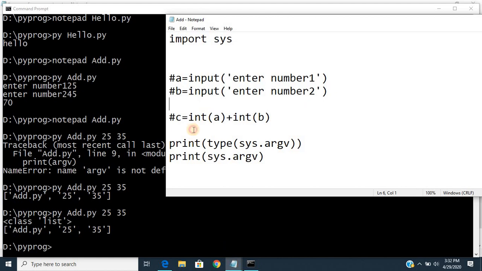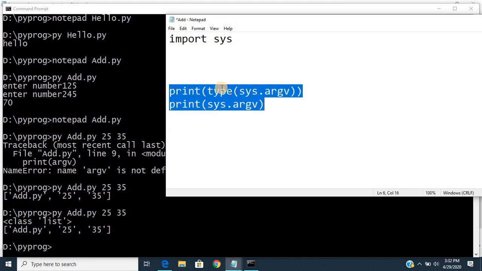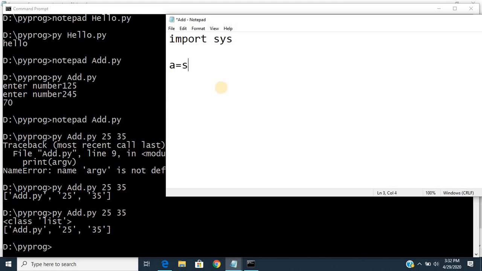Now let us store the value that we pass from the command line. I am just deleting all this content. In the A, I want to store sys.argv of 1, since in our argv of 0 we are having the file name add.py. Now, since we are having the value in the format of the string, in order to perform the addition we need to use an integer conversion. The total value we want to convert it into integer. So this is called as a type conversion. Here whatever the data type that we want to convert, we need to mention that.